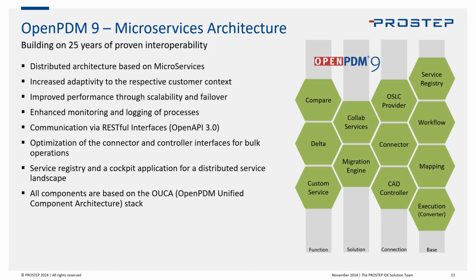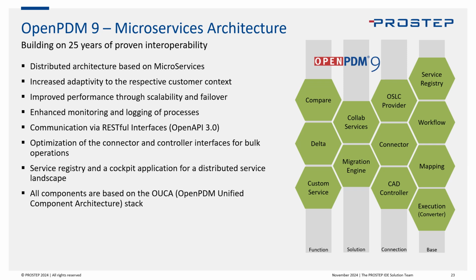With OpenPDM 9, that's about 3 years old now, we moved to a microservices architecture. So most of these applications run on Tomcat that then is bundled and is a microservice. So you can load them on Docker, Kubernetes, OpenShift, things like that. They have standardized RESTful interfaces that they can communicate with each other. And then that microservices architecture enables scalability, failover, fault tolerance, very distributed models so that you can keep these